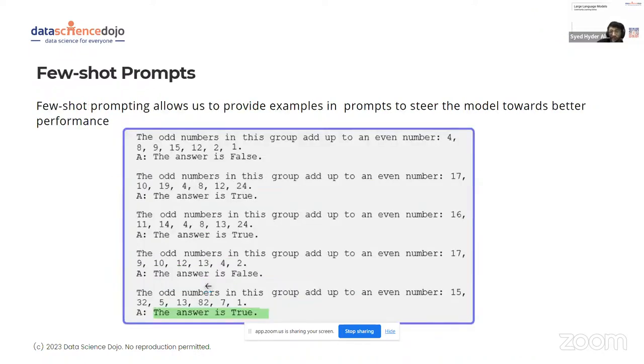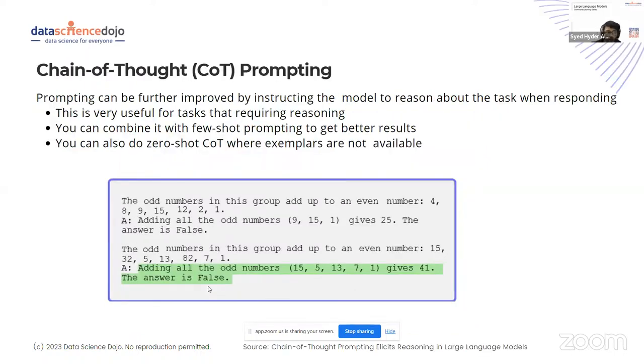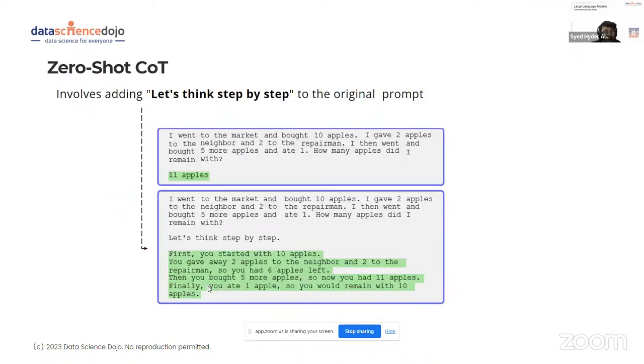So here you could see that in few-shot prompting, it couldn't get it. Most of the time, I'm not saying that it will fail every time, it might give you the right answer, because we'll do the same examples in our notebook, so we'll test that there. But in chain of thought, it had how it was previously done. So the LLM knows what it has to do: add all the numbers, then give the answer. So it gave us the exact answer. Then there's let's think step by step.